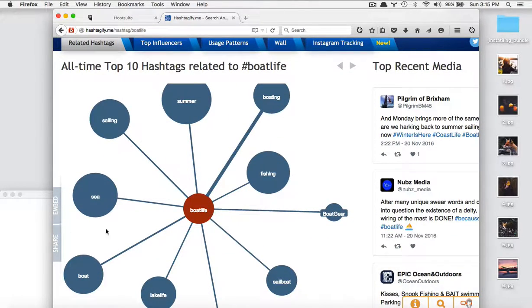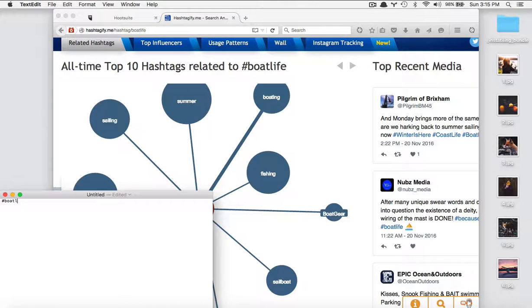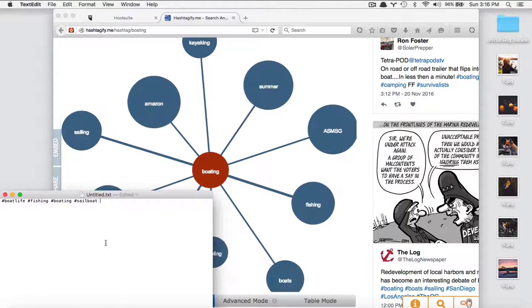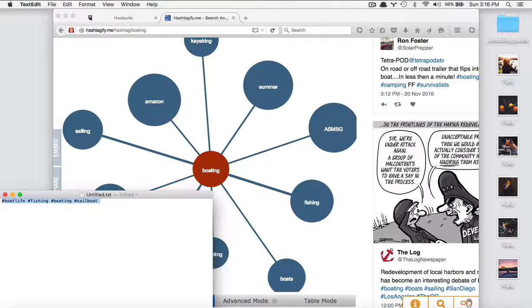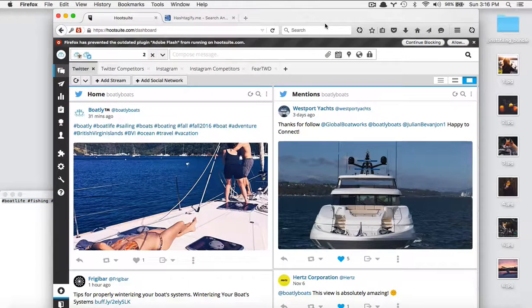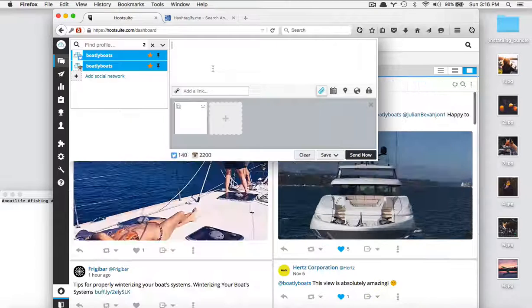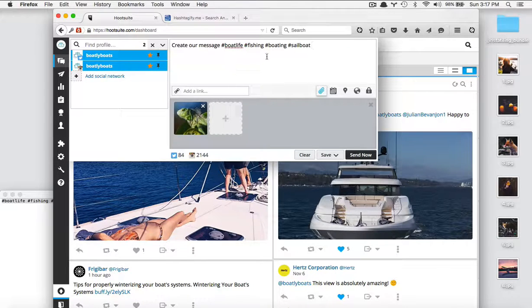You can see right away that boat life has other hashtags like sea, sailing, summer. Again, we could actually go further into these and come up with new hashtags, but the process is all the same for every brand. We come here and we start grabbing all the hashtags that correspond to that brand. What we do at this point is we copy the hashtags that we've generated, bring in each individual post one by one, create our message,